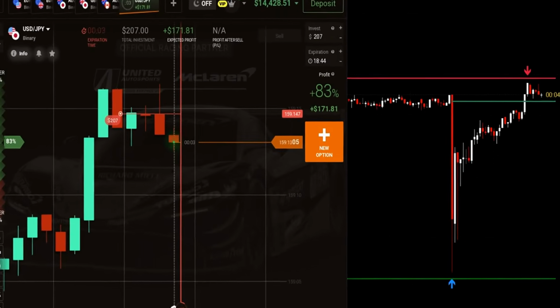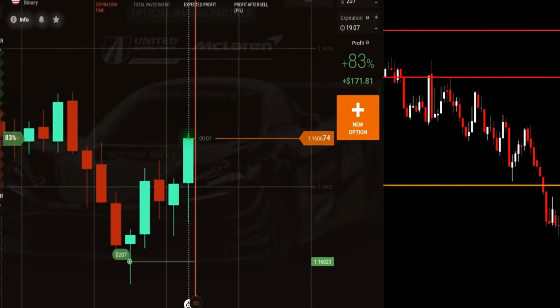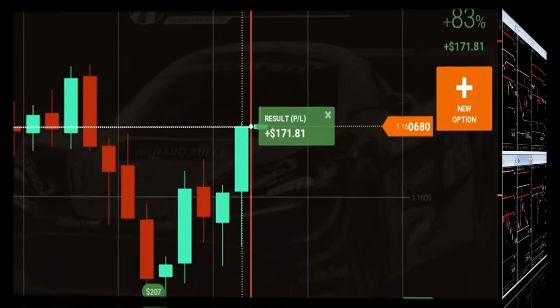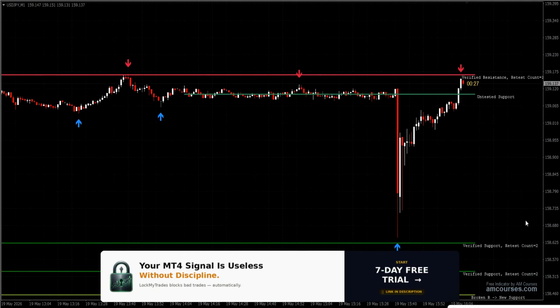Look at this trade execution on IQ Option. A clean, decisive 5-minute reversal entry that hit the target perfectly. In this video, I'm breaking down the exact raw setup behind this trade so you can replicate the logic on